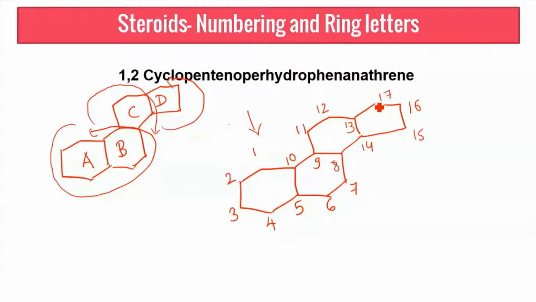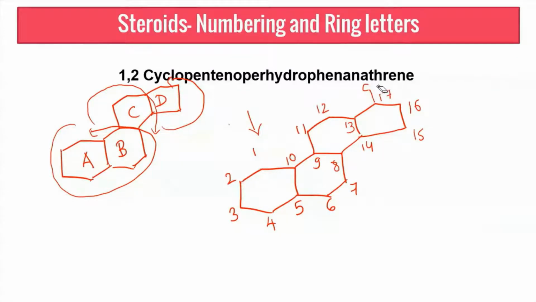I am emphasizing this aspect because I may have a structure where the substituent is here. For example, I write the substituent as CH3. In this case, I don't consider the numbering from here just because CH3 is placed here. This is a steroid nucleus, and hence you have to start numbering from the first carbon, which is the carbon of ring A. So your numbering goes in the anti-clockwise direction as 1, 2, 3, 4, 5, 6, 7, 8, 9 and 10, whereby you get done with the first A and B set of rings, then move to ring C, 11, 12, 13, 14, 15, 16 and 17.